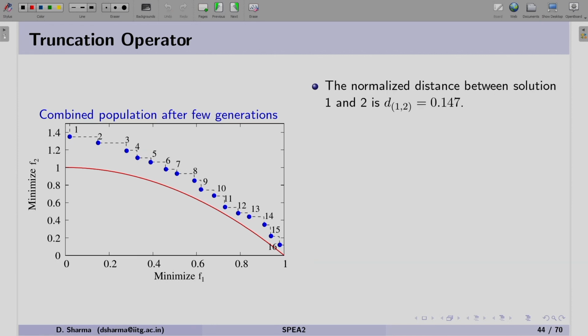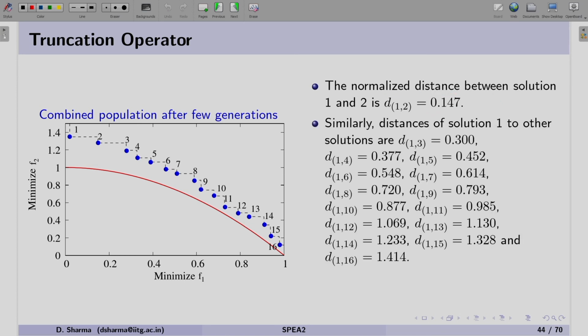Now, let us calculate the normalized distance between solutions 1 and 2. When we calculate, this distance comes out to be 0.147. The distance means we are talking about the Euclidean distance in the objective space.